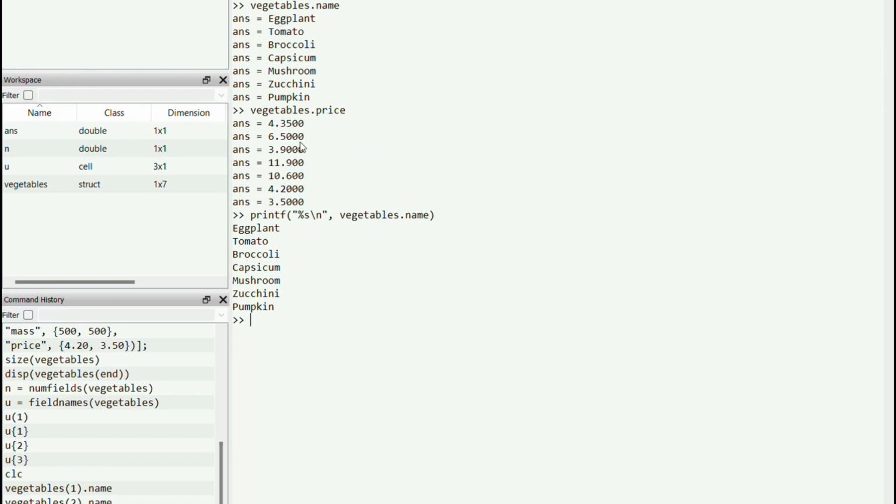We add this value plus this value. There is a function called plus. This is a function. And we give it, instead of writing, for example, 4.35, 6.5, 3.9, etc., we just write